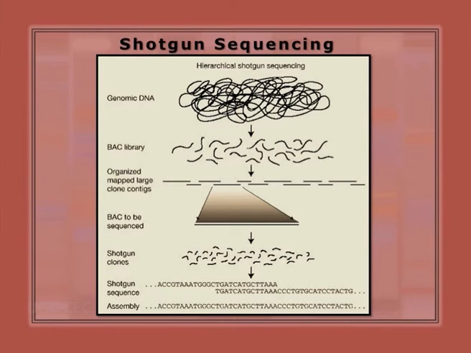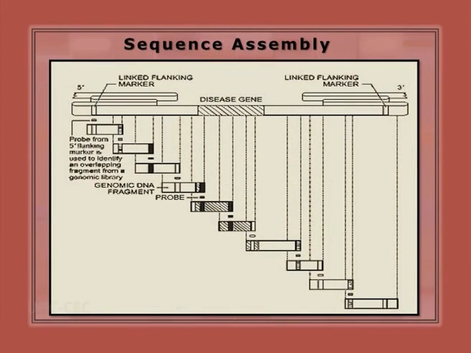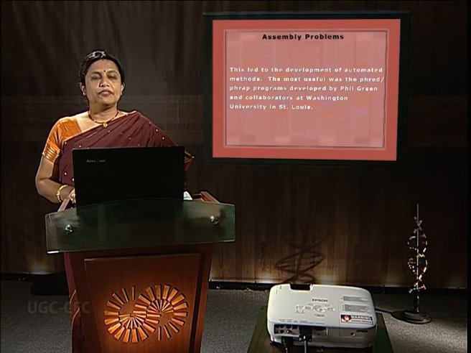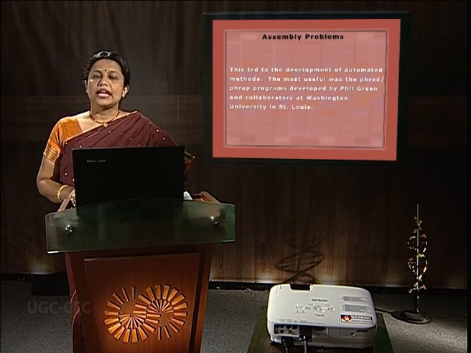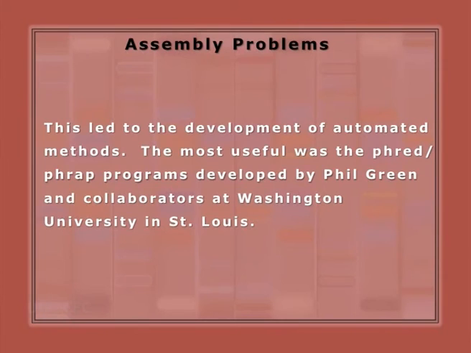In shotgun sequencing, the most challenging job was to overlap the sequences to get hold of the entire sequence. To carry this out, initially chromosome walking was done. But now chromosome walking has certain limitations, because we have certain pieces of DNA where there are chances of repeats, and that's where the problem lies. So we need certain programs or softwares which can assemble those sequences. So the programs that are being used are